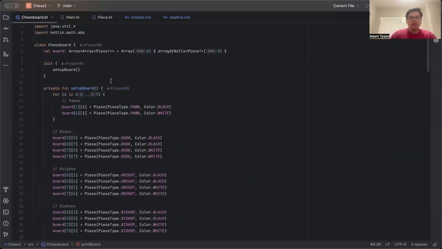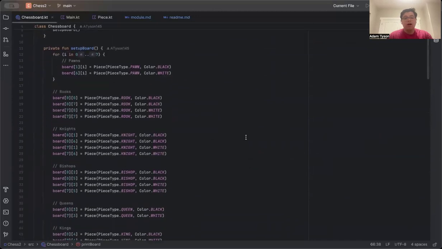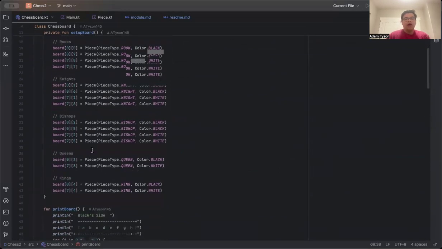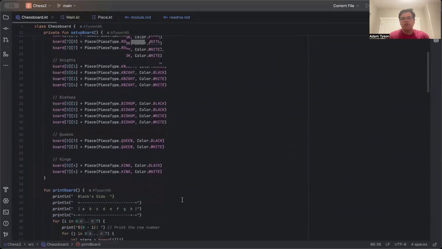So here I have the chessboard anyway. The chessboard is essentially made up of arrays, of which I then set up the board with the pieces. Essentially, I'll have row 2 filled with pawns as well as row 7. And then I inserted individually all these pieces pertaining to their color as well, so they get to their side